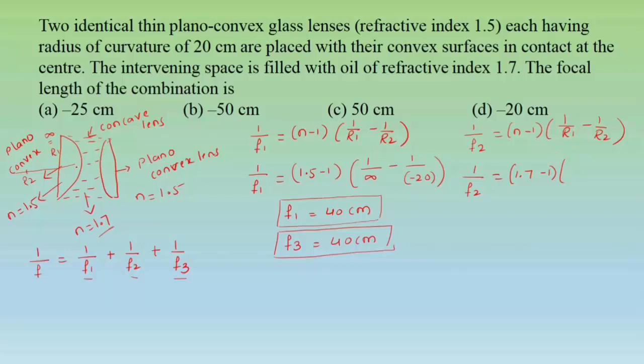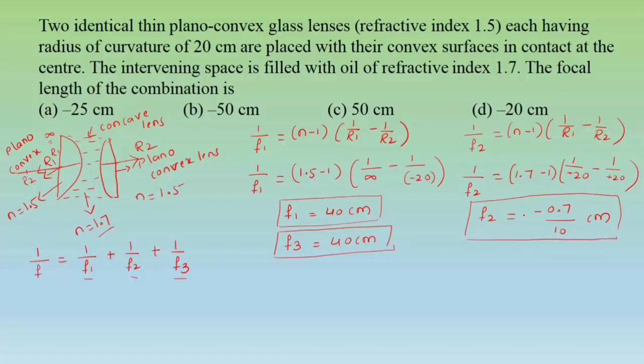See here, R1, here we can get the R2 value. On the right side we will get here. So this is R2 and here we will get the R1 value of the concave lens. So R1 will be minus 20 and R2 will be plus 20. So 1 divided by minus 20 minus 1 divided by plus 20. So calculate this value. We will get F2 equal to minus 0.7 divided by 10 centimeter. So this is the value of F2.